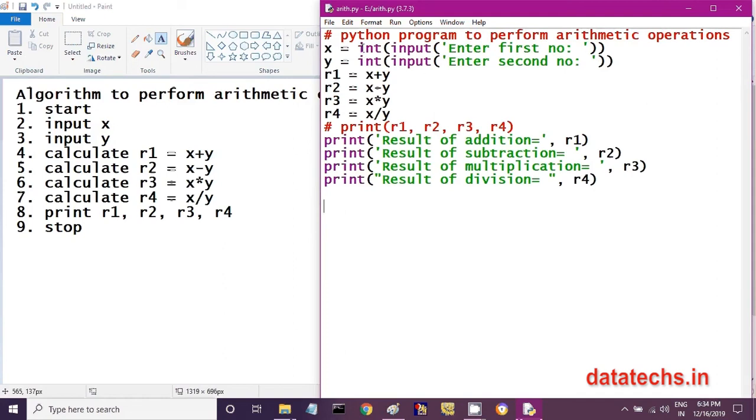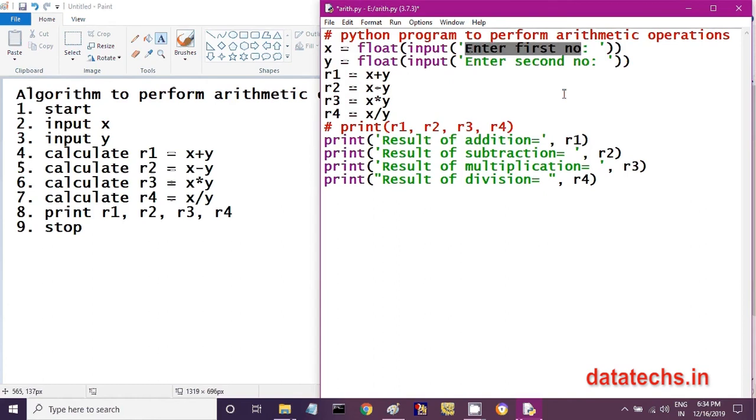See, you have to make some changes here in this program. In the place of int, you write float. Here also in the place of int, you write float. So what are these changes? First, this input function will ask you enter first number. Suppose you are giving 10.5.